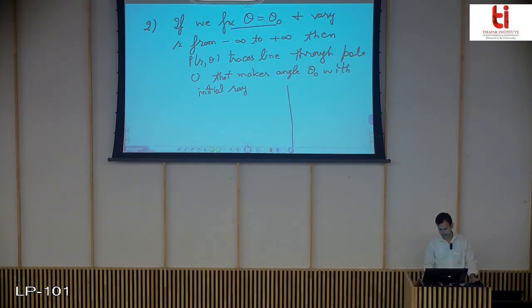See, when we are plotting the points on the polar curve, I have told you that while plotting polar coordinates, we have only two things. One is your pole and another is your initial ray. These are the only two things we have in polar coordinates. But for our own convenience, because we usually work in Cartesian, we draw it like this, that is, this is your x, but it is not like this.